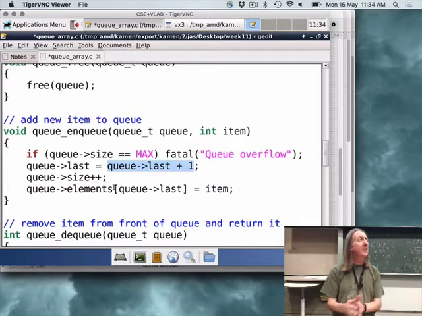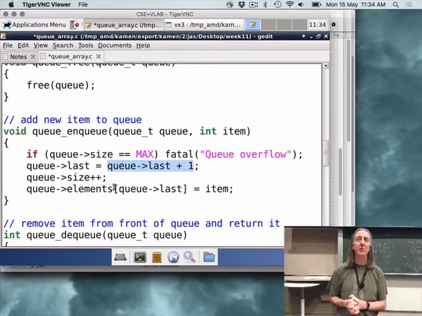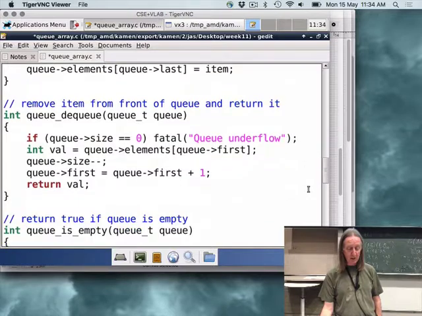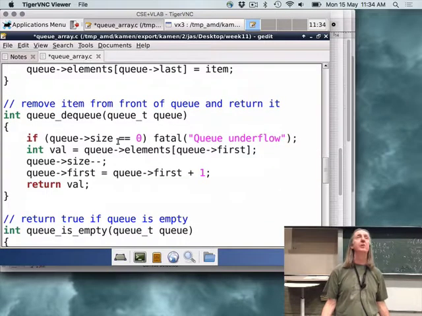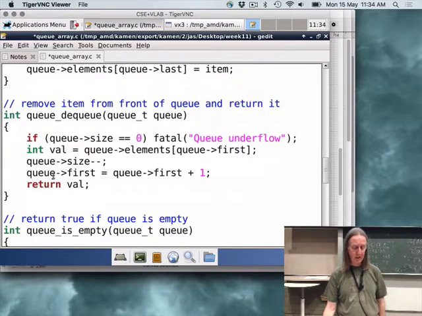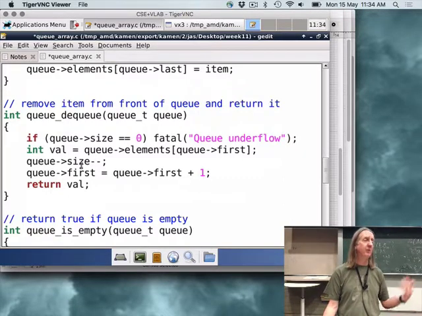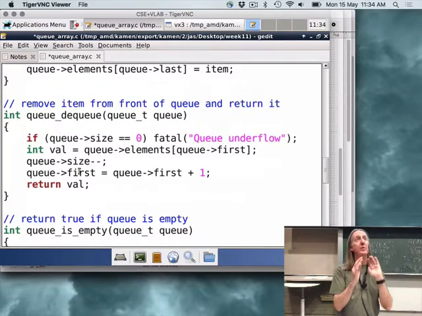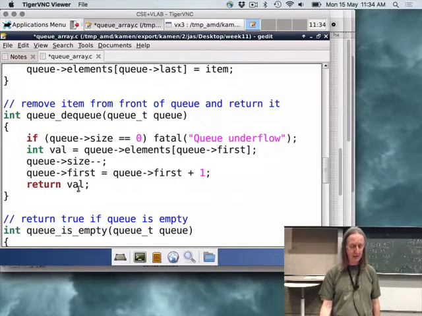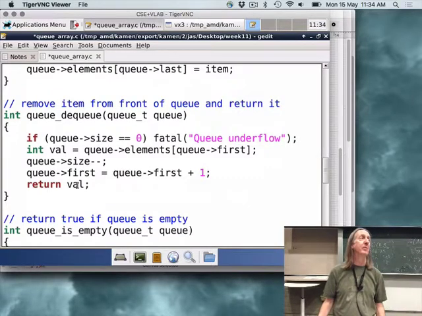But if you look at that code and you think about what you're trying to achieve, it looks kind of plausible, but isn't correct. And similarly with dequeuing, you can't dequeue from an empty queue, obviously there's no items to take out. Otherwise, we grab the first item from the queue, we decrement the size, obviously we've got one less item, and we want to move the index of the head of the queue along by 1 position. So we increment by 1, and then we return the item that we grabbed from the queue.